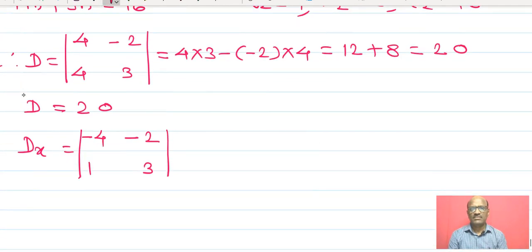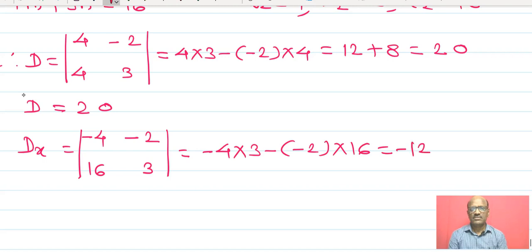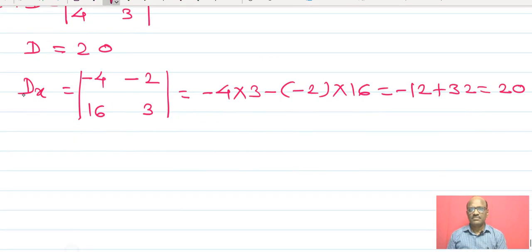The values are minus 4, minus 2, 16, 3. Therefore, minus 12 plus 32, 20. Dy, a1, c1, a2, c2,